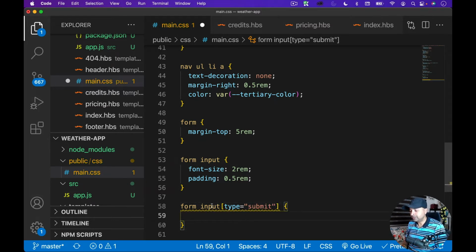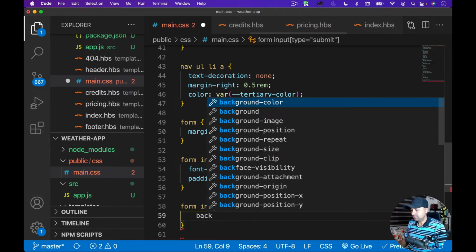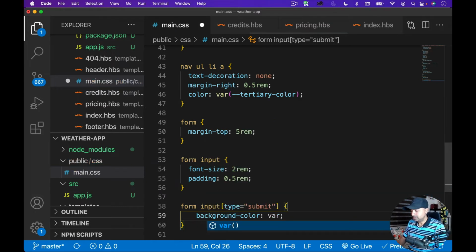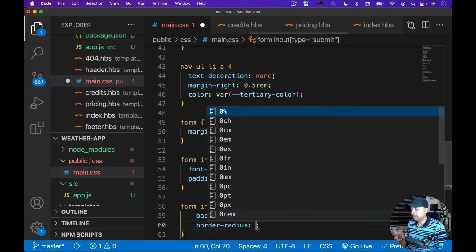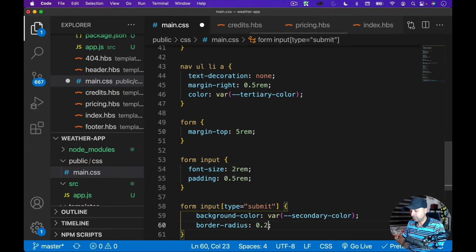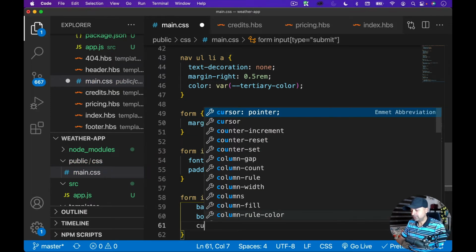Okay, so I'm targeting the input element with the attribute selector, type as submit, and let's change the background color. So I'll go with the secondary color this time. Let's add some border radius also, maybe a very small value of 0.25 rem, and I'm going to say cursor